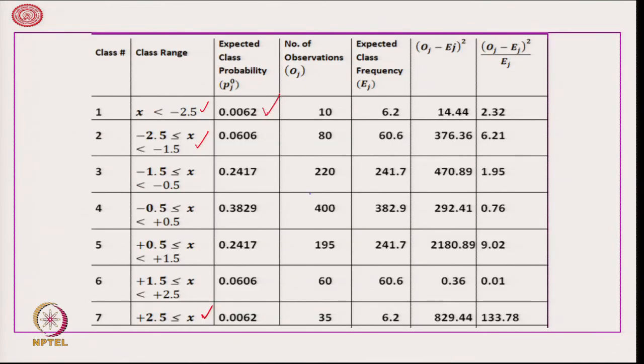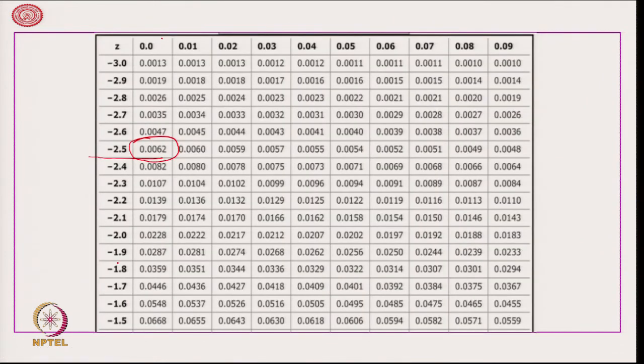Therefore, that we have obtained. Now, let me do it one or two more for your understanding. What is the probability that a standard normal random variable is between minus 2.5 and minus 1.5? So, again we go back, less than minus 1.5 is